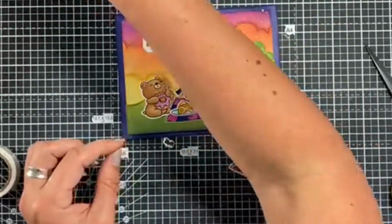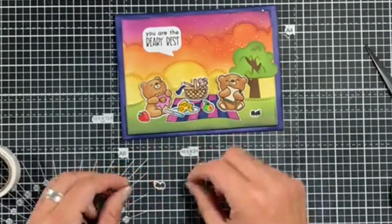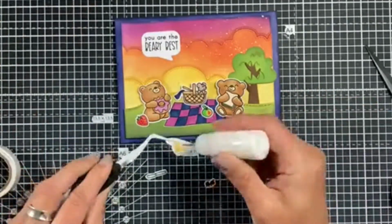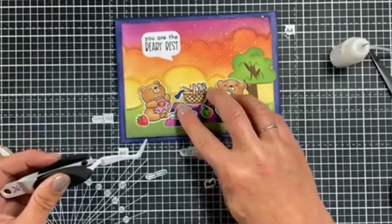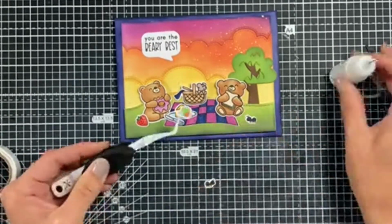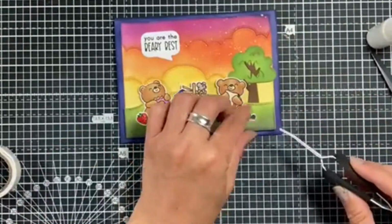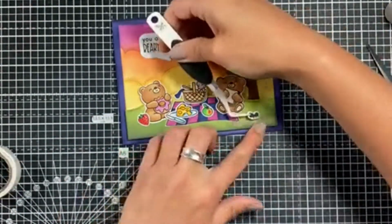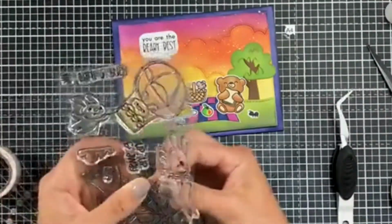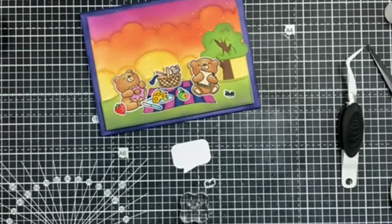And now I've pulled out all of the little elements that we'd already coloured previously, so that I can add these to that picnic rug. So we're going to have our little block of cheese on a plate with a little knife next to it. And the little apple will sit there, and I'm just using liquid glue to attach all of these characters and these extra elements. So I've added my little ant there, and I felt that the sky probably needed a little